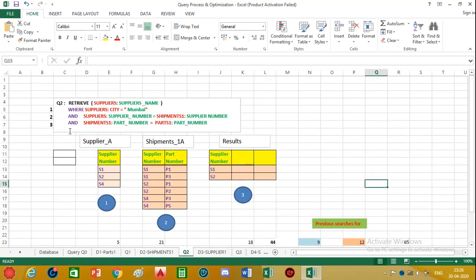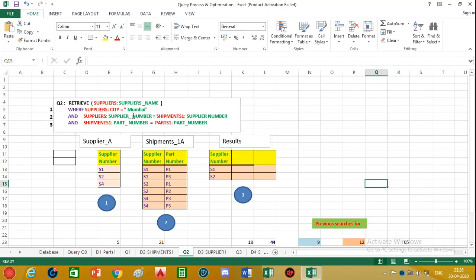The first statement is the same as in previous queries. The second statement is to select the supplier numbers from the shipments 1 database which are there in the supplier A database, resulting in the shipments 1A dataset. In the third statement, we project part number from the shipments 1A database which are there in the parts 1 dataset.